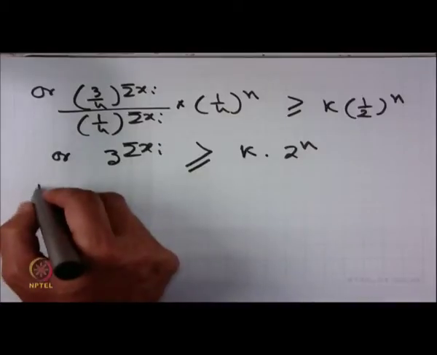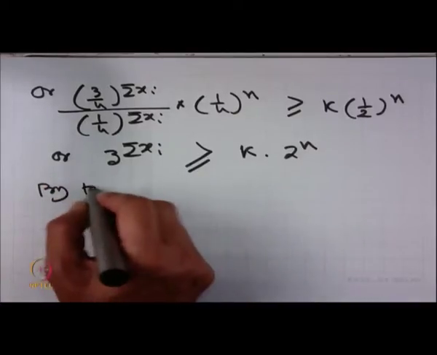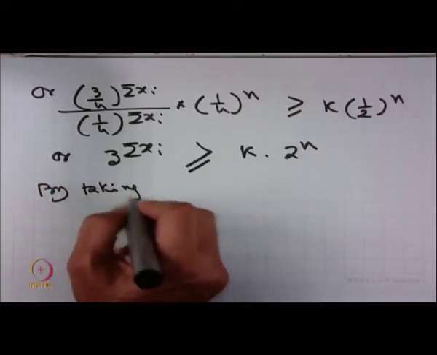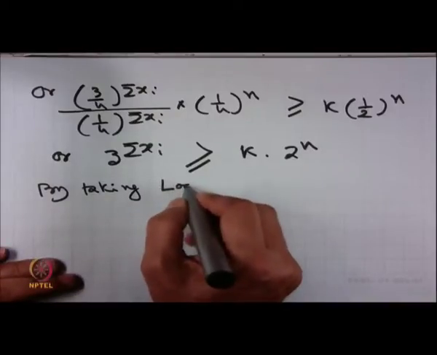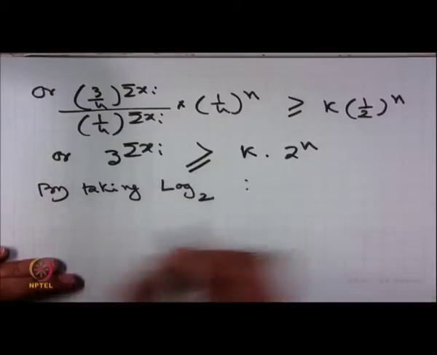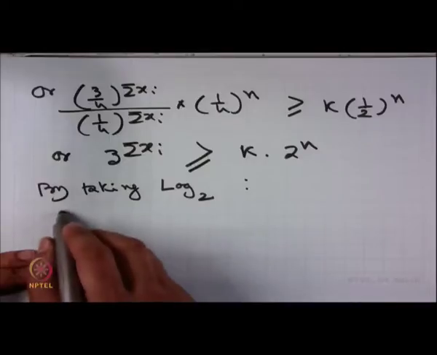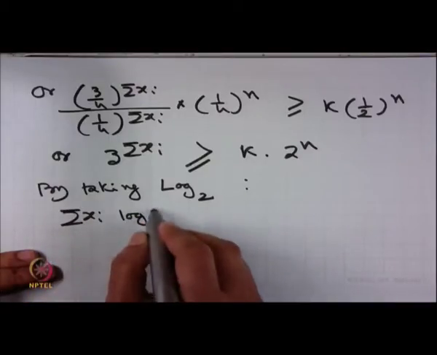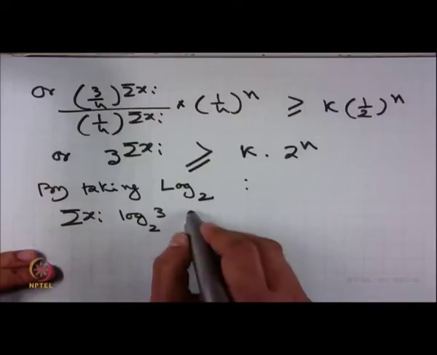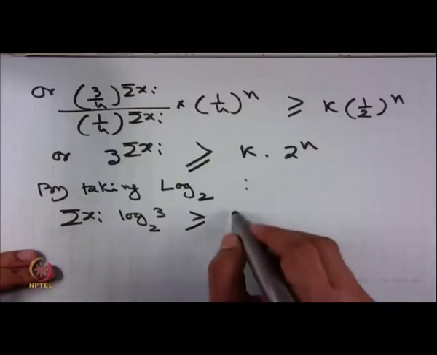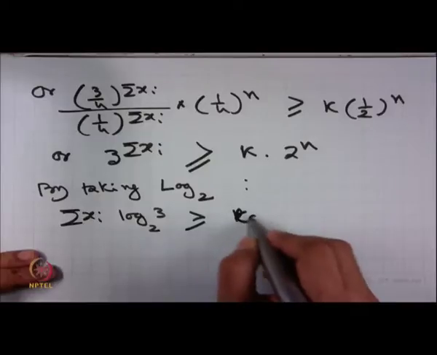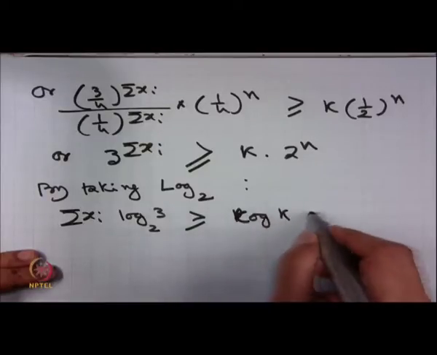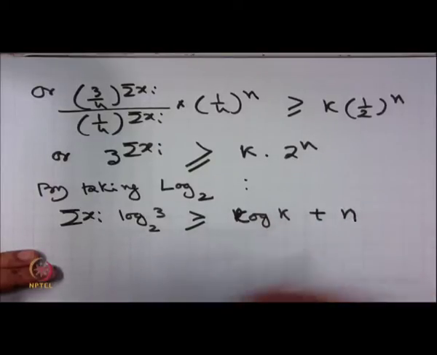By taking log base 2, we get sigma xi log 3 to the base 2 is greater than or equal to log k plus n,